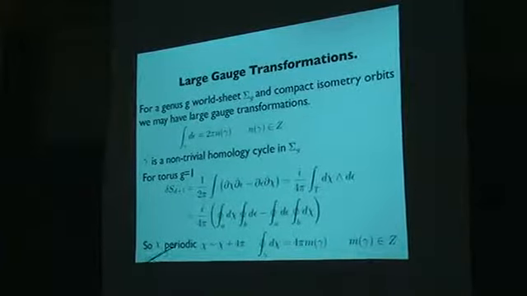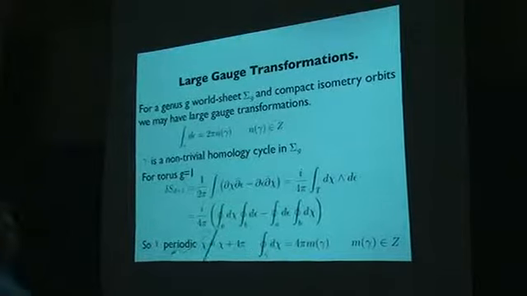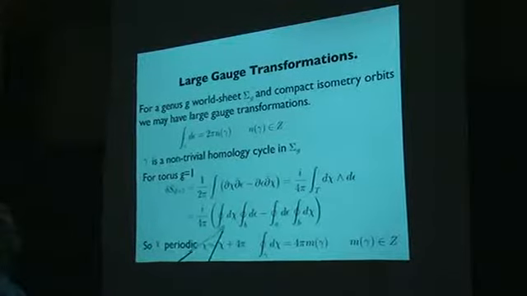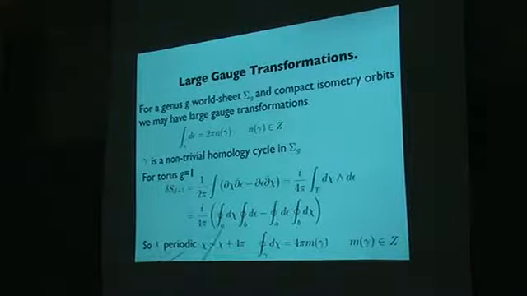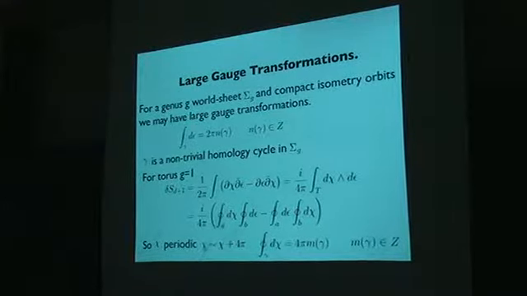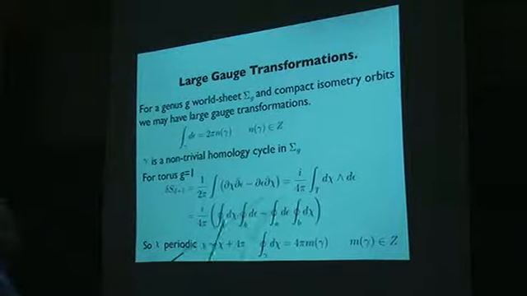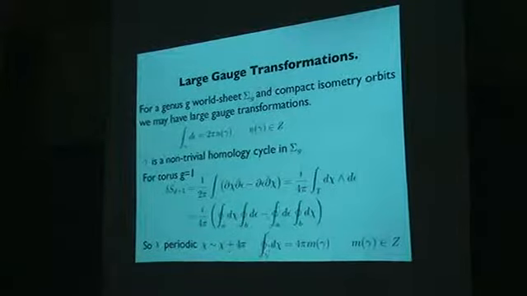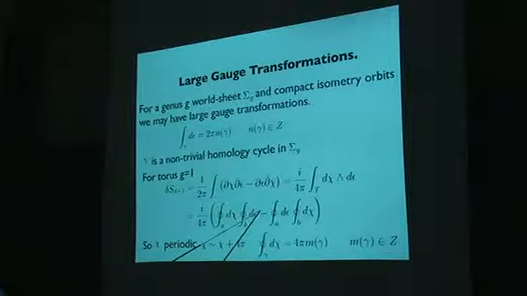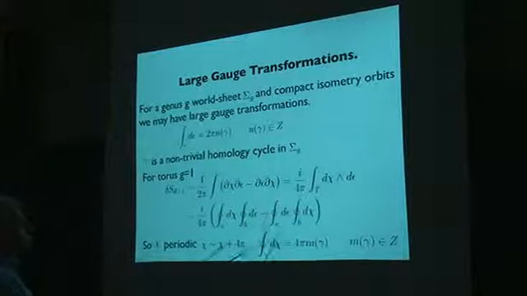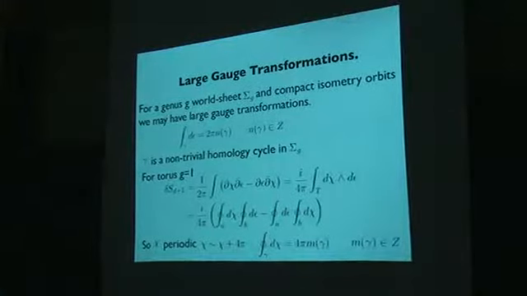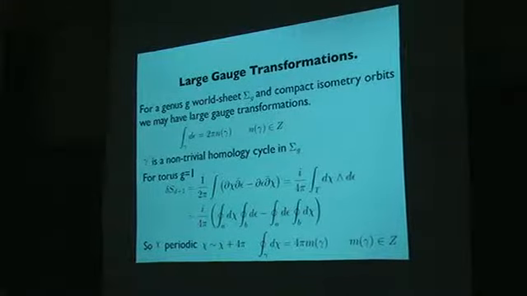And the torus has got two non-trivial cycles. We call them the A cycle and the B cycle, one round one circular dimension, one round the other. And so this takes this form. Now there are two terms: you've got the winding number of epsilon around the B cycle here, and the winding number of epsilon around the A cycle. And we see that this will vanish if